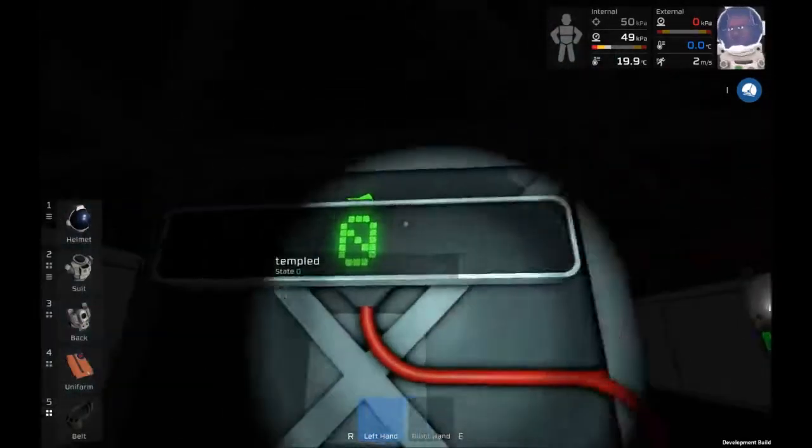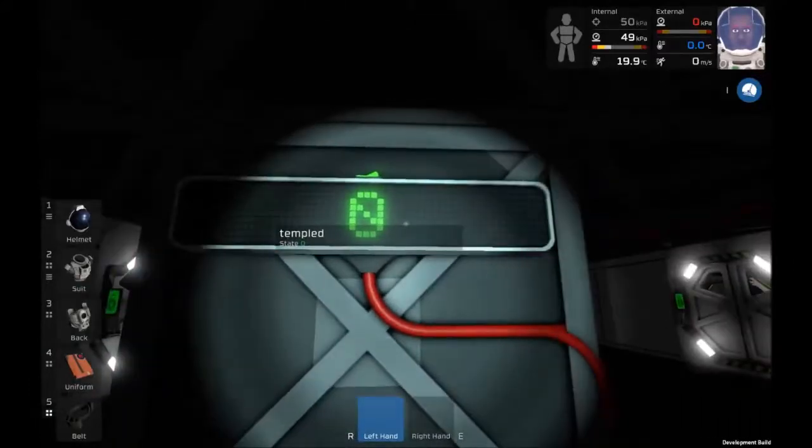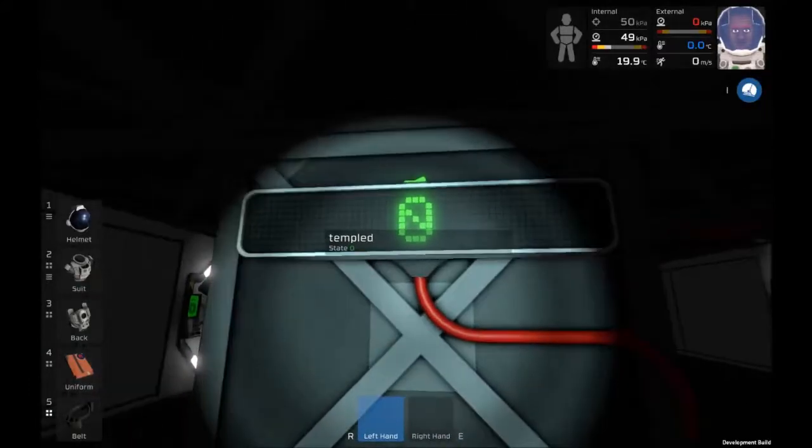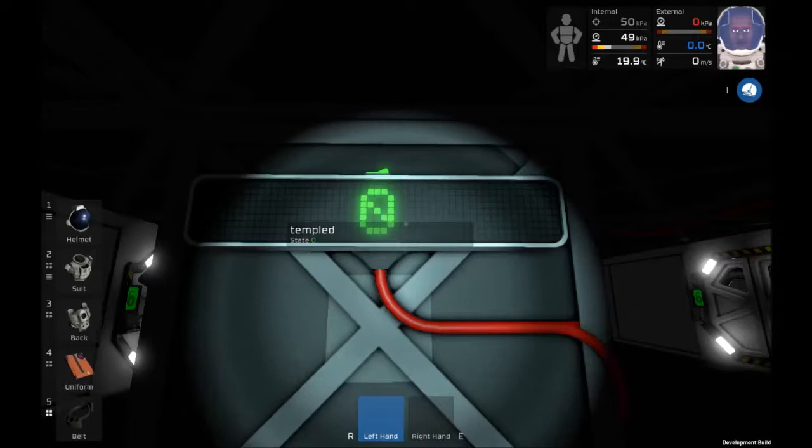So this wall here literally just has the temperature LED upon it, and this will give a readout. What I wanted from here was to be able to see what the temperature was without necessarily using the UI, because theoretically if you weren't in your suit, I don't think you would actually see that information. I'm not going to test it because I'm wearing my suit in order to survive, but yeah. Anyway,